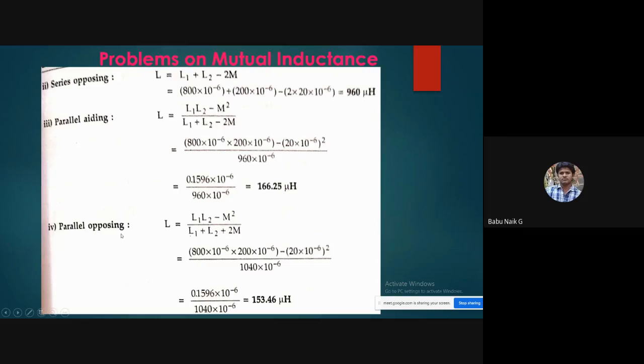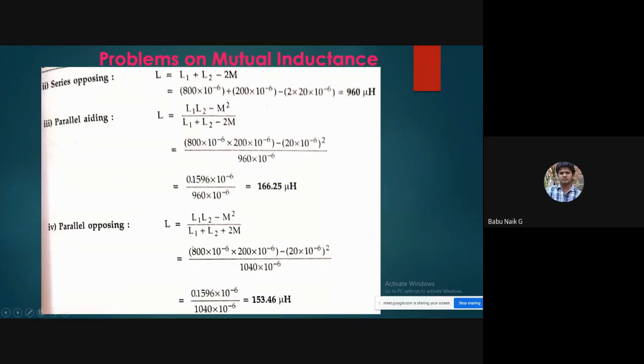So in this way, you can connect and see what the inductance value will be and how much we require for any application, either in a transformer, generator, or motor, and how it should be connected. Like we have seen in the energy meter also, which I have shown in classes for mutual inductance.